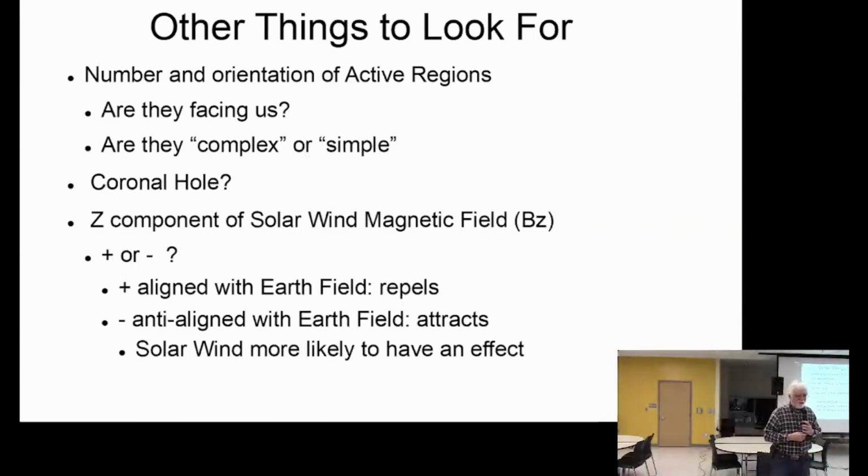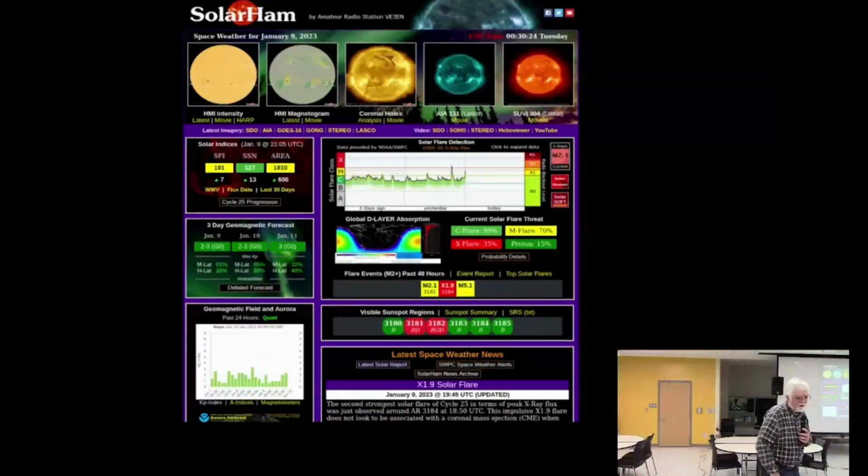damage. So the solar wind is more likely to have an effect depending on the Z component of the magnetic field, which is usually given as capital B, Z, B being the magnetic field and Z being the Z direction. So if the BZ is positive, a solar wind is less likely to have effect. If the BZ is negative, then you get more of an effect. And this is my favorite place for going for